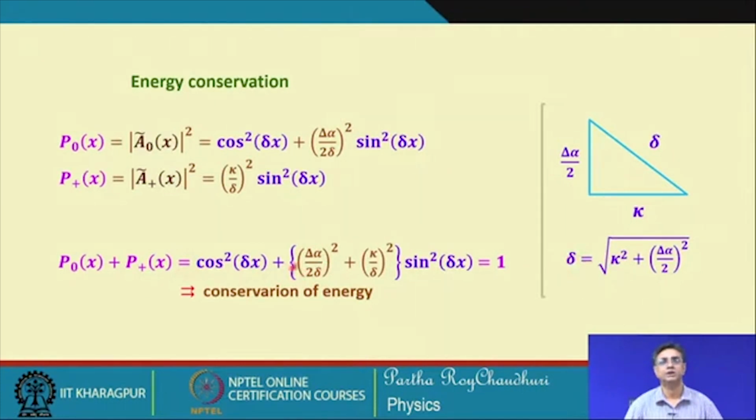So, therefore, if this and this put together is again equal to 1, this quantity is equal to 1. So, that is why you get this total power equal to 1, and we started off with the unit power in the incident